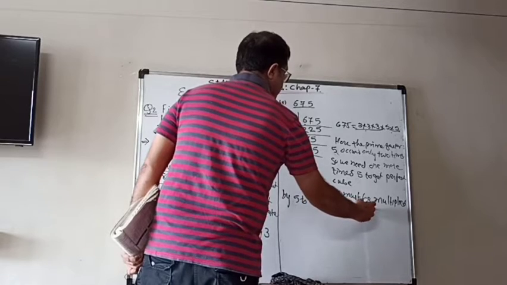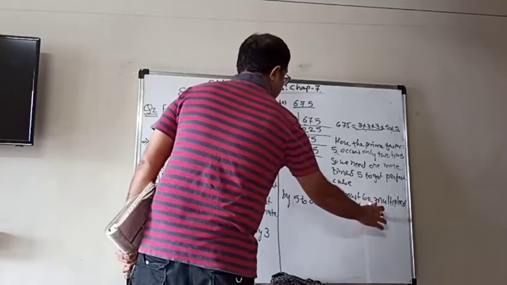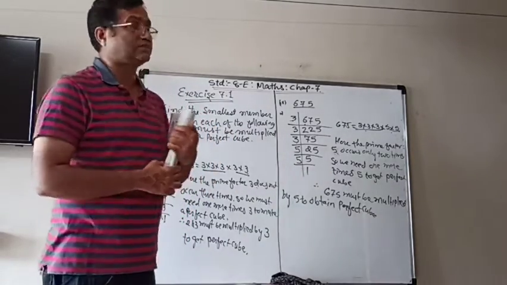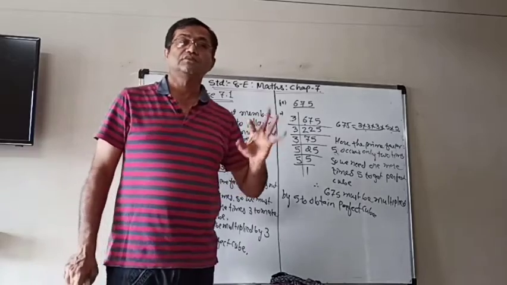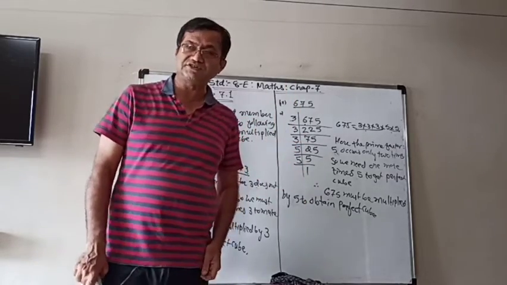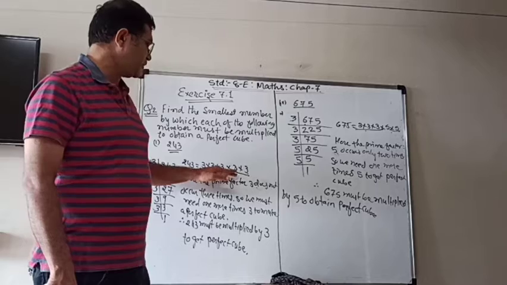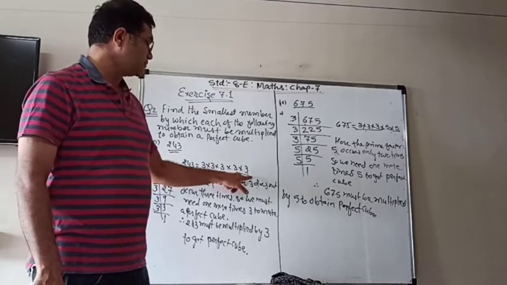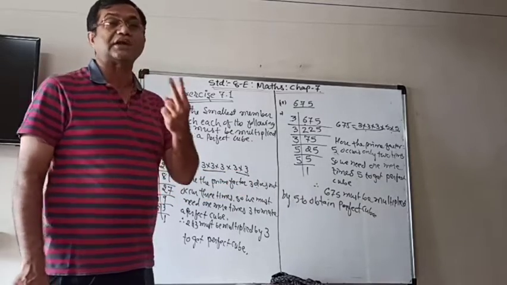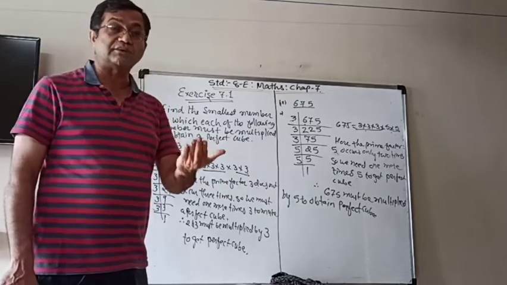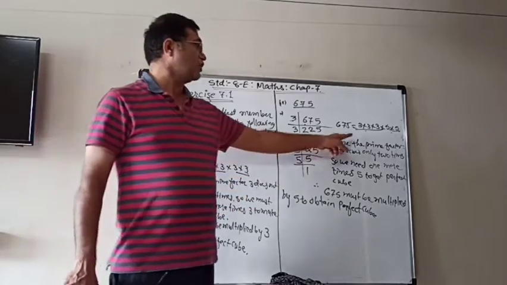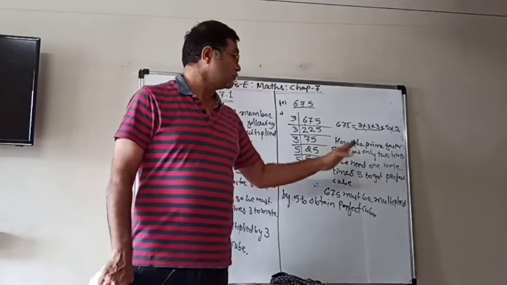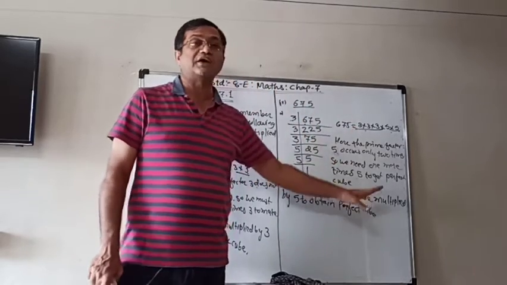So when we want to find the smallest number by which it should be multiplied, what we have to do? We have to make the prime factors and make groups of 3's. If a factor does not have 3, you can see that 3 is there 2 times only. We need one more, it means we multiply with 3. Similarly here also 5 is only 2 times, so we need one more. So we have to multiply it by 5.